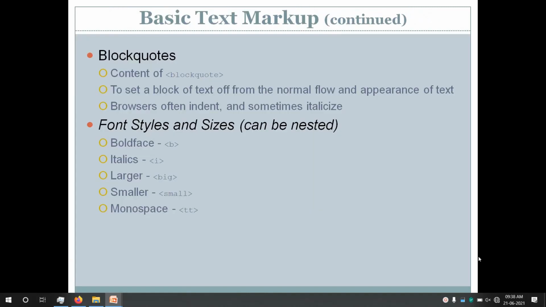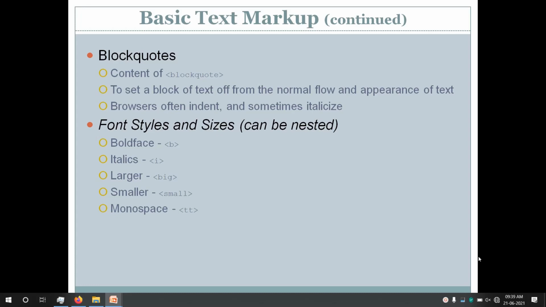So first we will discuss the block quotes. The block quote tag is used to make your text look different from the regular text which is there in the web page.